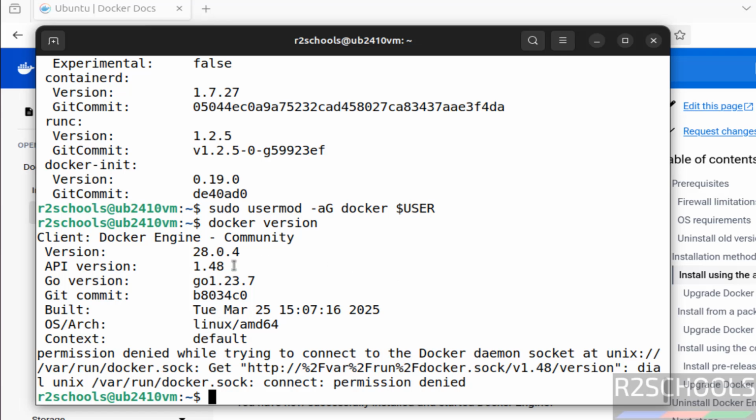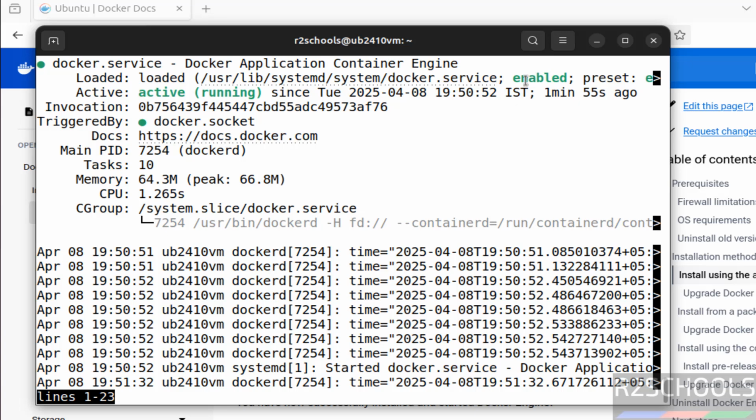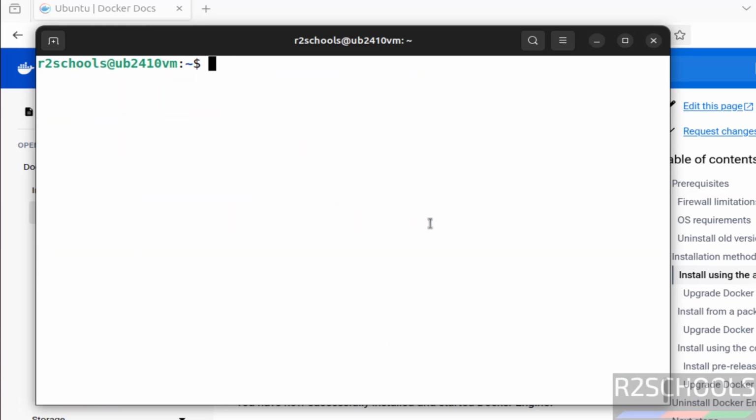If you want to verify the status of the Docker service, sudo systemctl status docker. See, Docker is running and it is enabled. Okay, Control A. So in this video we have seen how to install Docker Engine latest version on